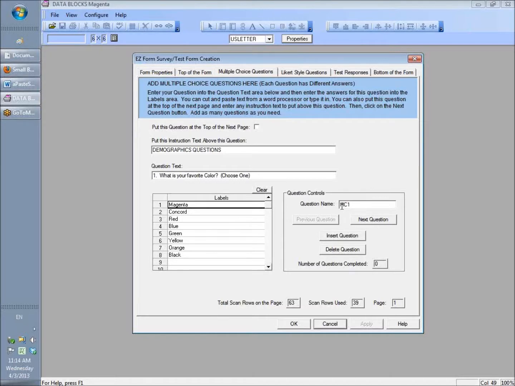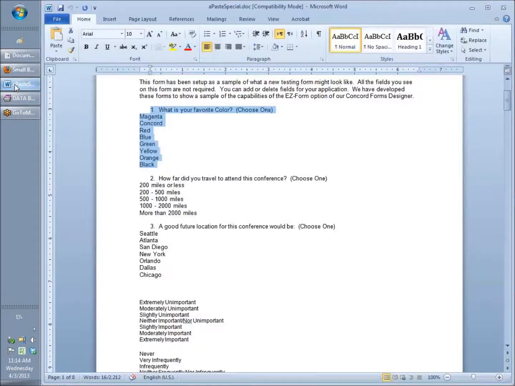Notice the first question name is MC1. If I wanted to change this name here, I could. You will see a list of these names in a later function. But I'm just going to click next question, our question name changed to 2, and I'm going to add our next question. So I'm going to go back over here to our Paste Special